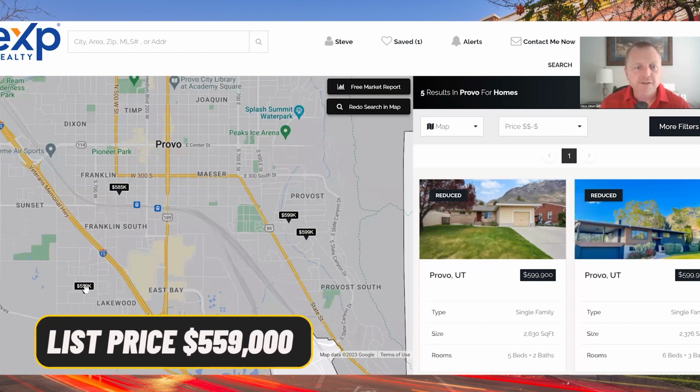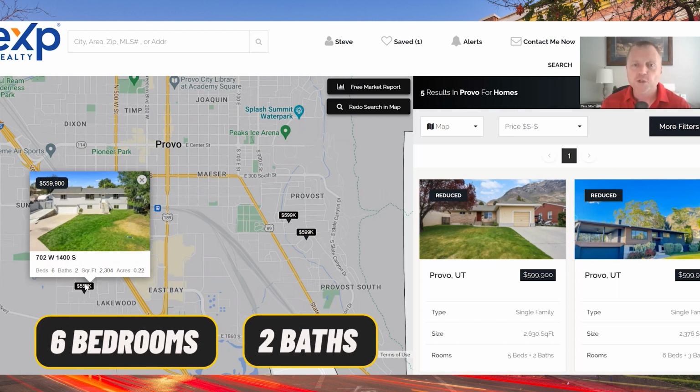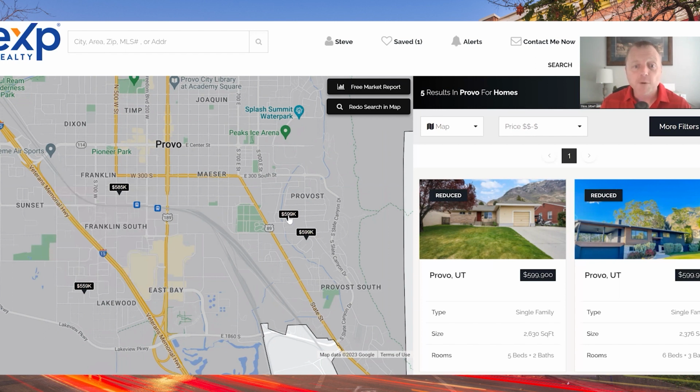So for $559,000, we are west of I-15 here. This is a 6-bedroom, 2-bath home, 2,304 square feet. 0.22 is the lot size. Let's head over to the east part of Provo, and for